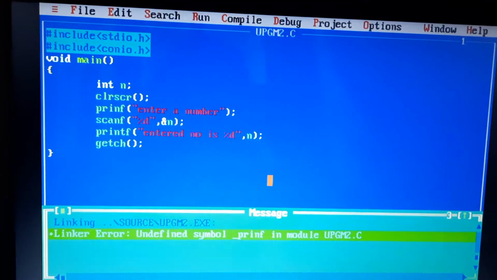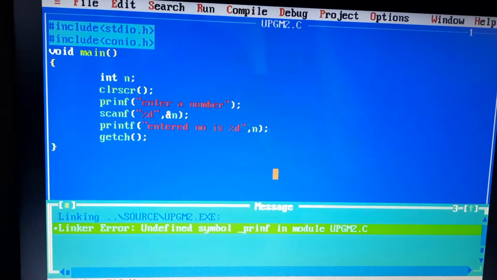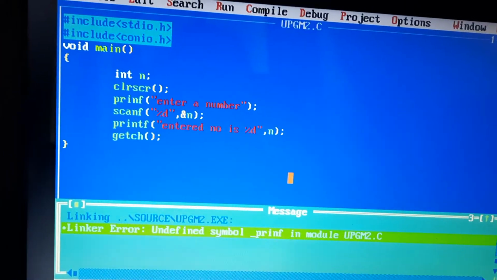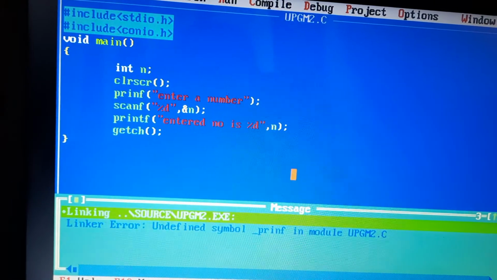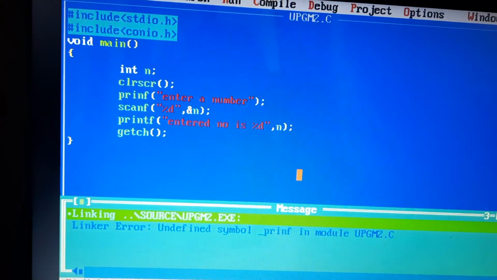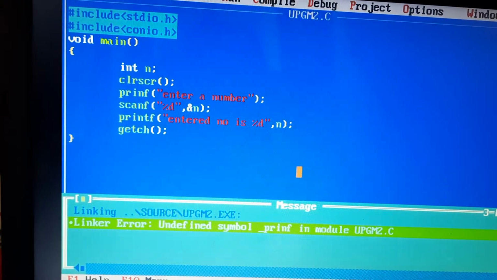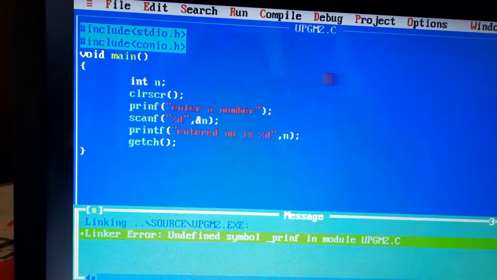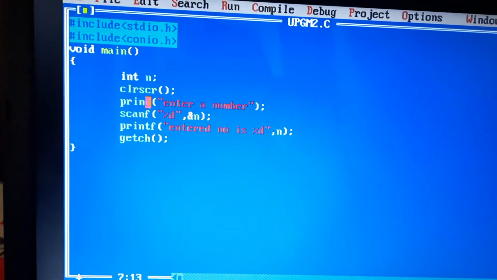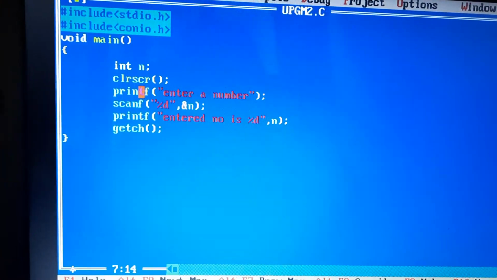So it reports a linker error. Linker error means the compiler cannot link our function to the header file. So I just gave printf correctly.